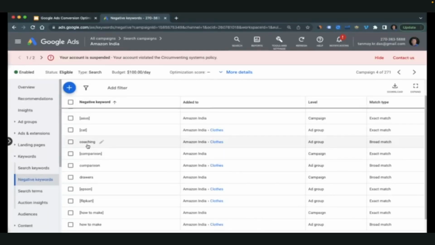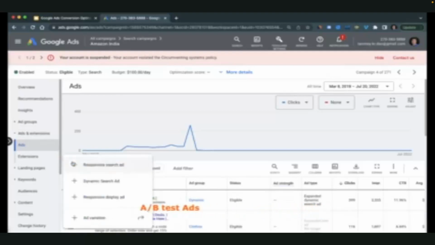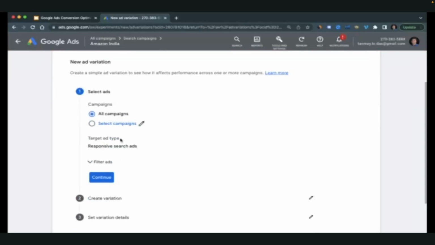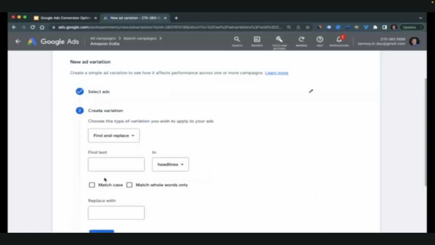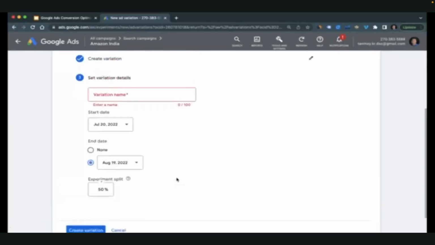Also, you can do A/B testing of your ads, which is basically a case wherein you can do an ad variation, wherein you can compare two different ads. Okay, you can make some modifications to the headlines, you can replace them with something else, some other text which you want to use over there. So you can replace it over here, and then try to create an ad variation out of it, okay, and then run that as well